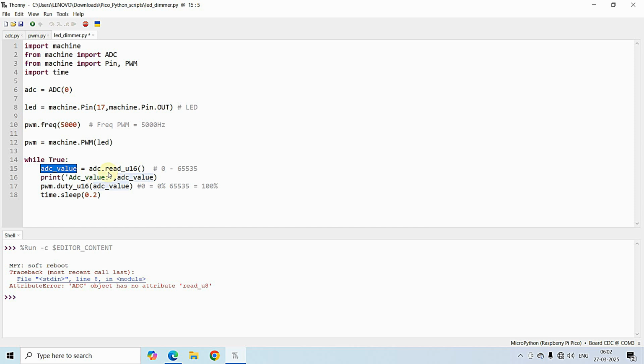value. So whatever the step value that we are getting from this variable resistor, that is a 16-bit step value which will hold the value between 0 to 65535. We are just passing it as the duty cycle value to this particular method, duty underscore U16. So based on the ADC value, that is the 16-bit value that you are getting right over here, the duty cycle